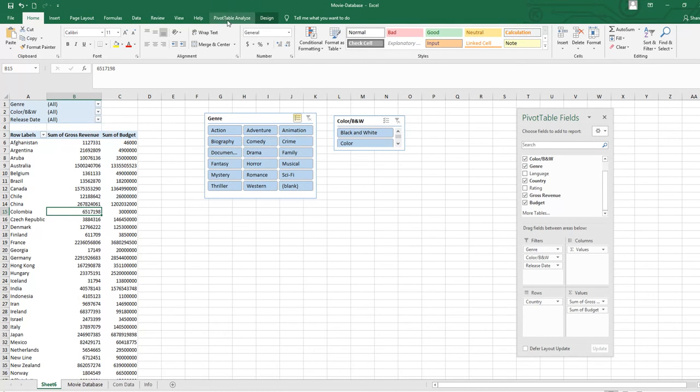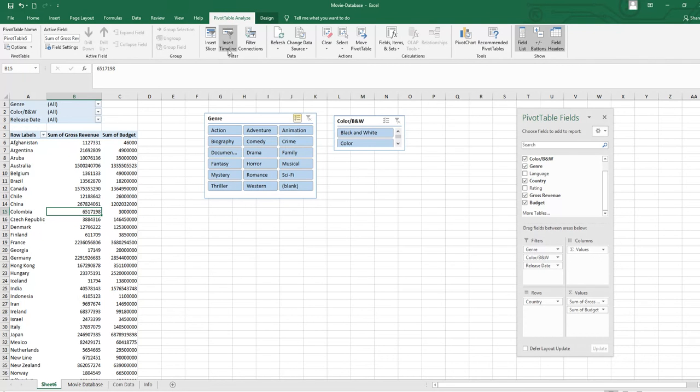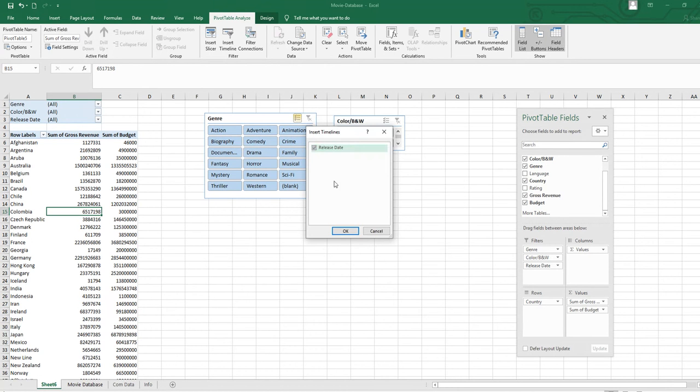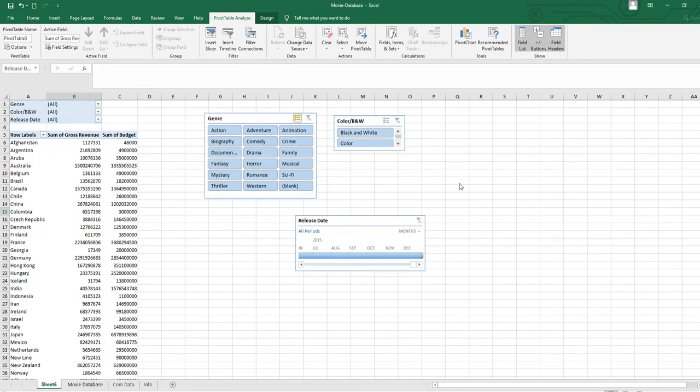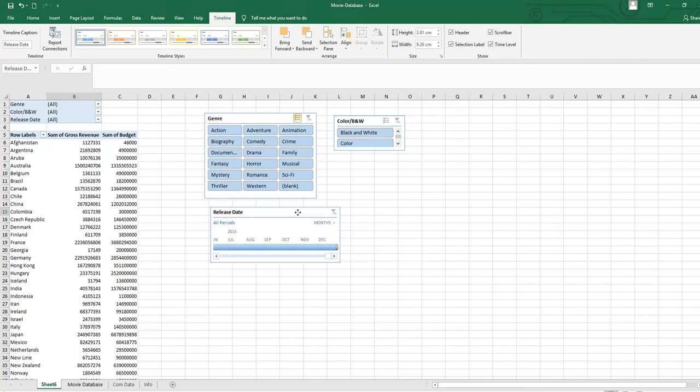So see, now again pivot table analyze, and now we are going to apply the insert timeline, and I will show you the function. Click on insert timeline. There is only one field which has a date or time, so click here and here. So we will see that release time is also there. Now by default in release date it is month here. If you open this arrow, you will see we have years, quarters, months, dates. I will convert it to years, then it will be much easier, right?